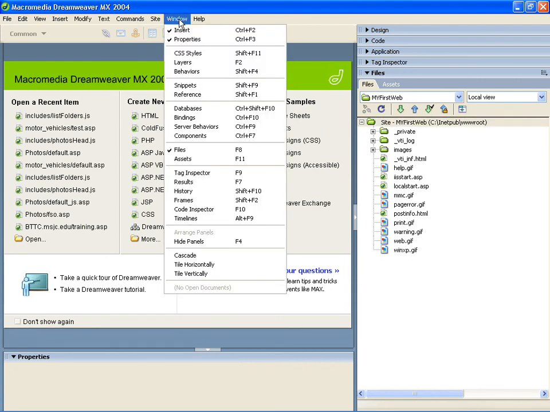If the Files panel is not open, just go to the Windows menu, and then from the Windows menu you can go ahead and open up the panel from there